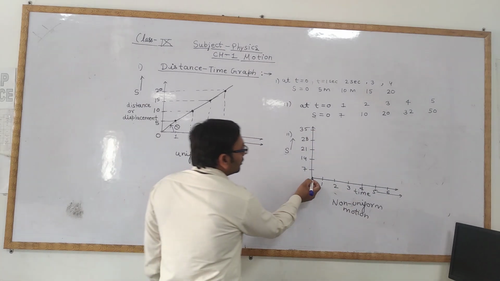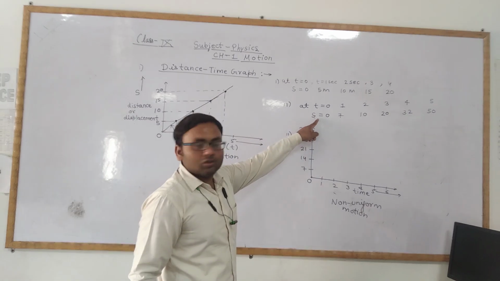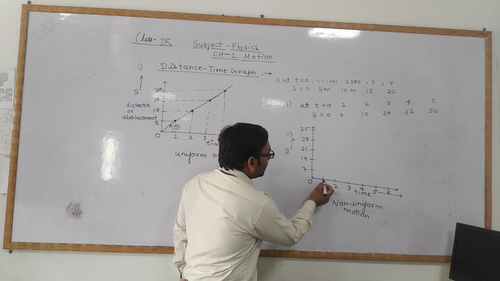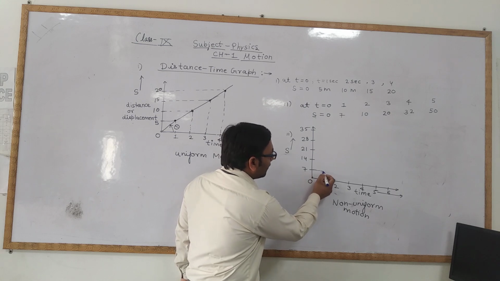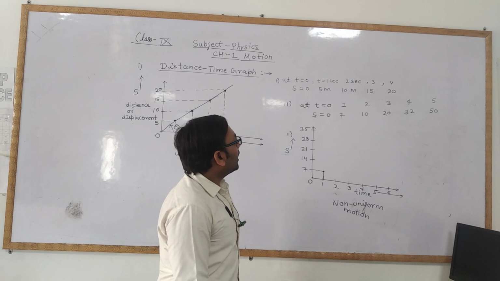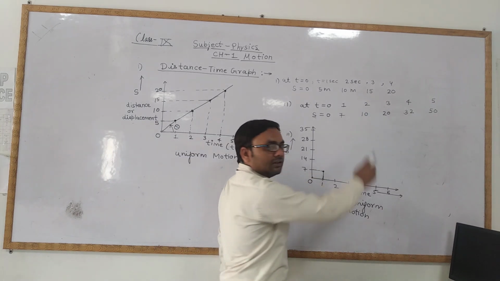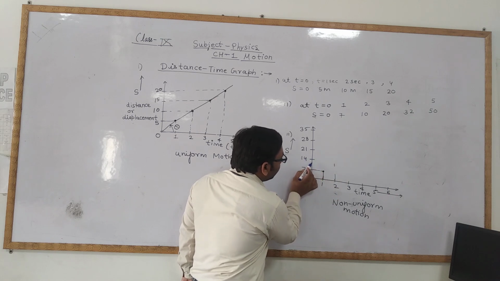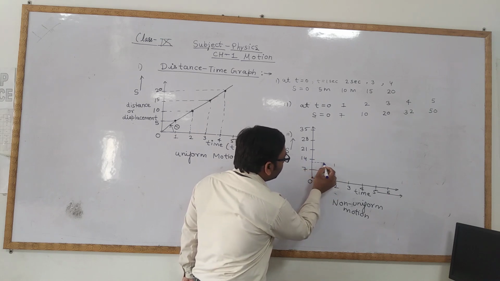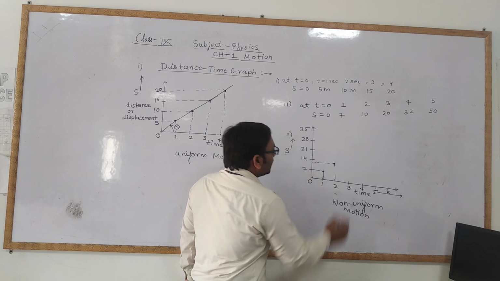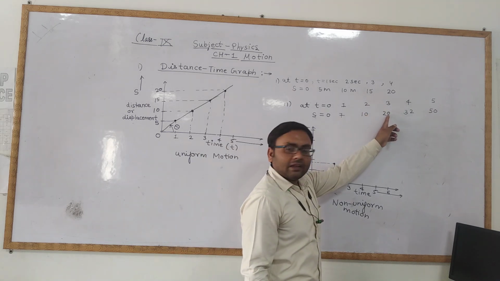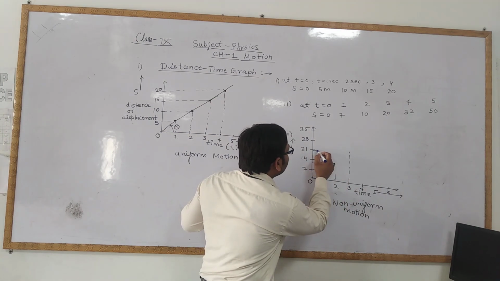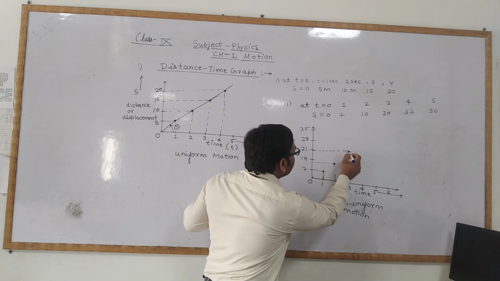So at time t equals 0, what was the displacement? 0. So this will be our first point. After 1 second, the distance becomes how much? 7. So after the first second, the displacement is 7. So this will be our next point. Now after 2 seconds, you can see the displacement is how much? 10. So after 2 seconds, the displacement has become 10. So 10 will be just below the 14. So you can take this point. This is our next point. So after 3 seconds, the displacement has become 20, just below the 21. You will get this point.